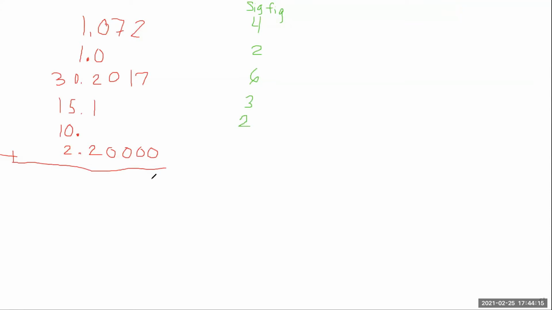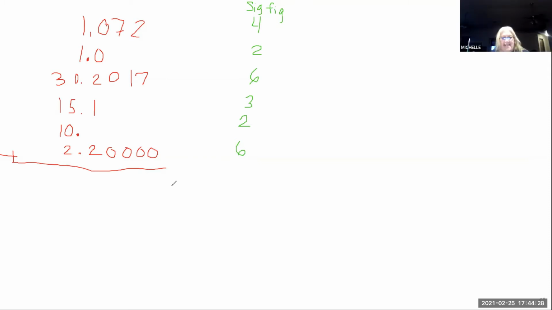This number, 6. It has 6 because of the decimal. Okay, so now let's do addition and we'll get the answer and figure out how many sig figs